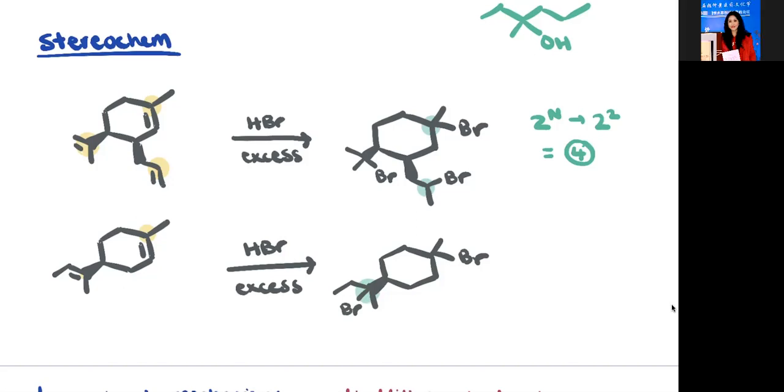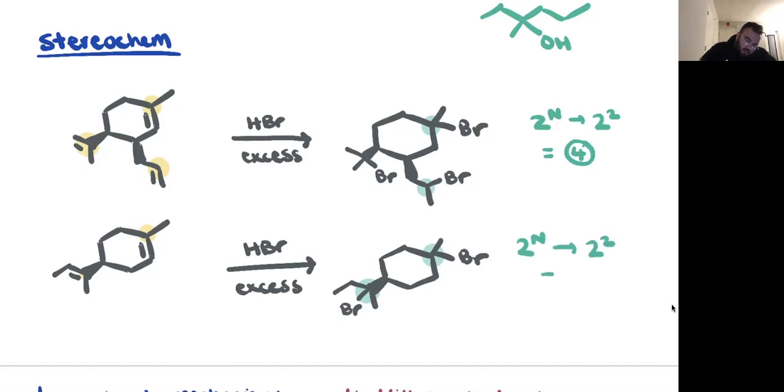Cis-trans. Cis-trans, excellent. So this guy right here, although it is not a chiral center, it still counts for stereochem because you can essentially have cis and trans possibilities about a ring. Cool. So because we have cis and trans possibilities about a ring, we also factor that into our 2 to the n. So we technically have 2 stereocenters, not 2 chiral centers, but 2 centers where we have some sort of stereochem in there. Cool. So that's it for stereochem for this particular